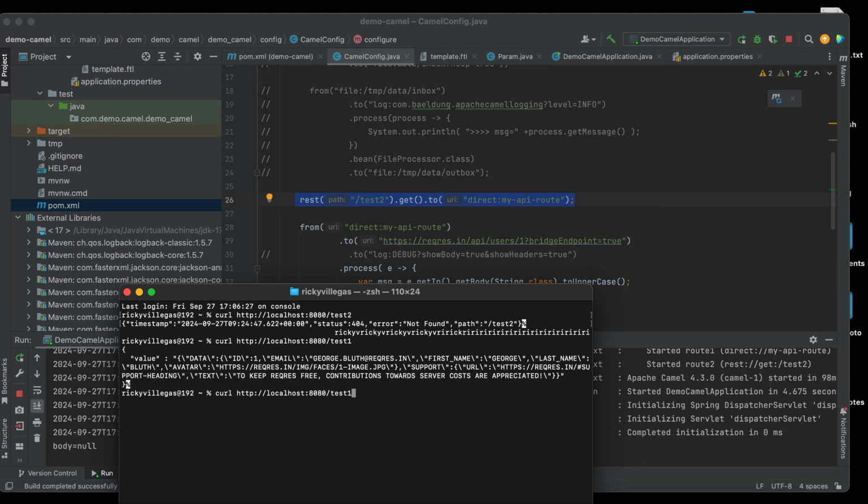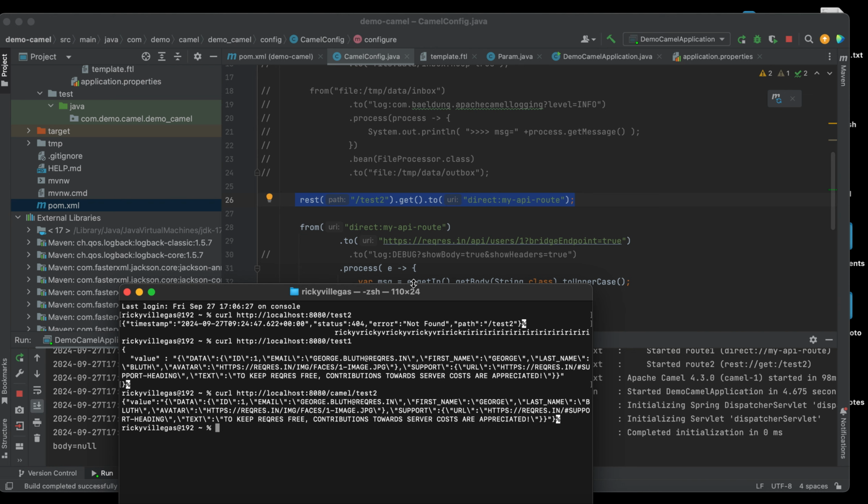So if we want to hit test2, we need to add the Camel context. So this time we will get the same output as test1, right? Now we're getting this, so it means test2 is working.